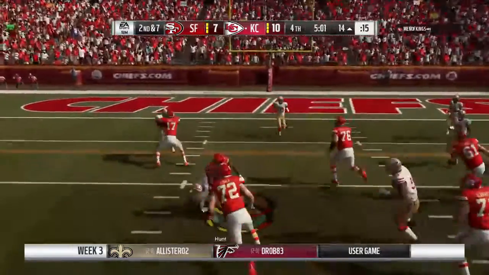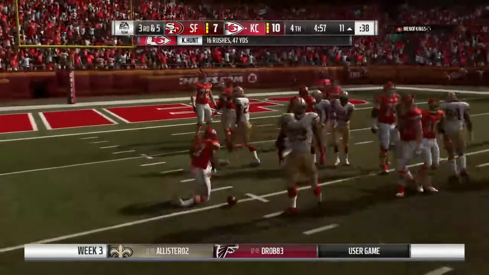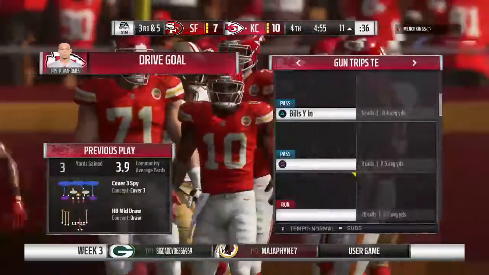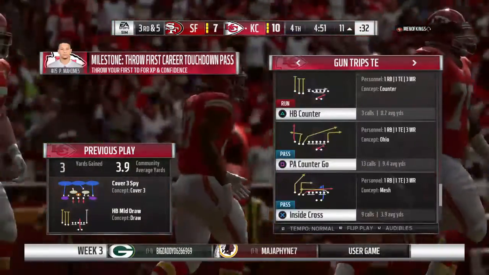They'll run it now out of the gun. And he'll get about 3 just outside the 10, stopped at the 11. Partner, we know today's NFL is really built around the guy throwing the football. But these short runs, they